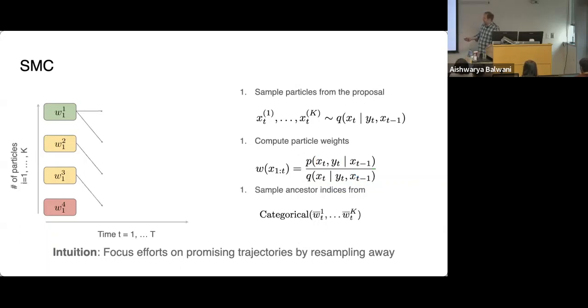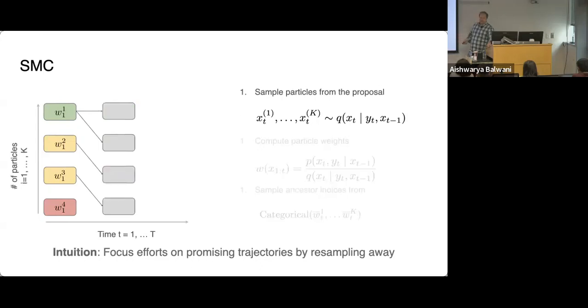Once we've done this, we're going to sample what we call ancestor indices. Effectively, this green particle here was good, so we're going to want to sample that multiple times. Red particle, not very good, so we're going to want to not sample that with very high probability. That trajectory has reached a dead end. It is not worth our effort to continue propagating that trajectory forward because it's not consistent with either the dynamics or the observations. So in this way, we sample based on the normalized weights. You can think of this as a distribution over particles, and this is going to tend to replicate good particles and kill off bad particles.